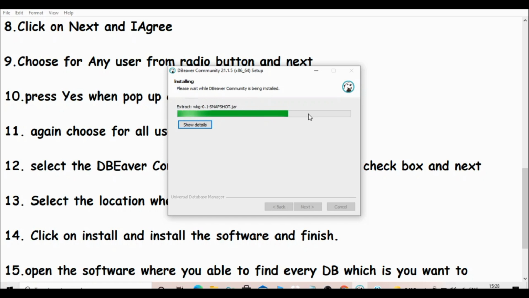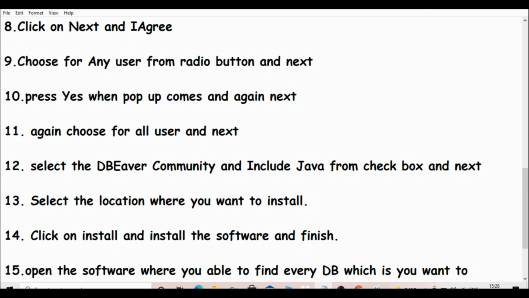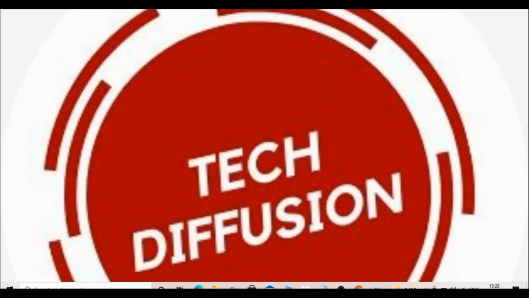It takes only two to three minutes at most. Then click on create desktop shortcut and finish. Once you finish the installation, you are able to see DBA on your desktop, as I already have.